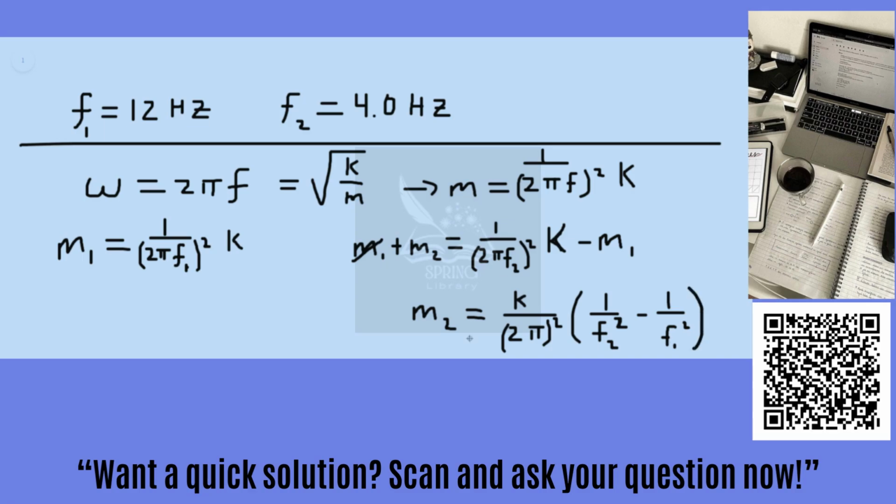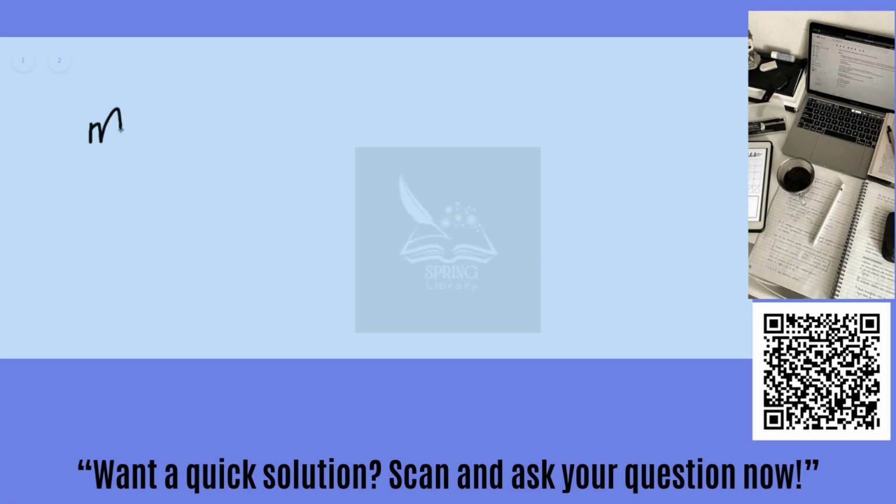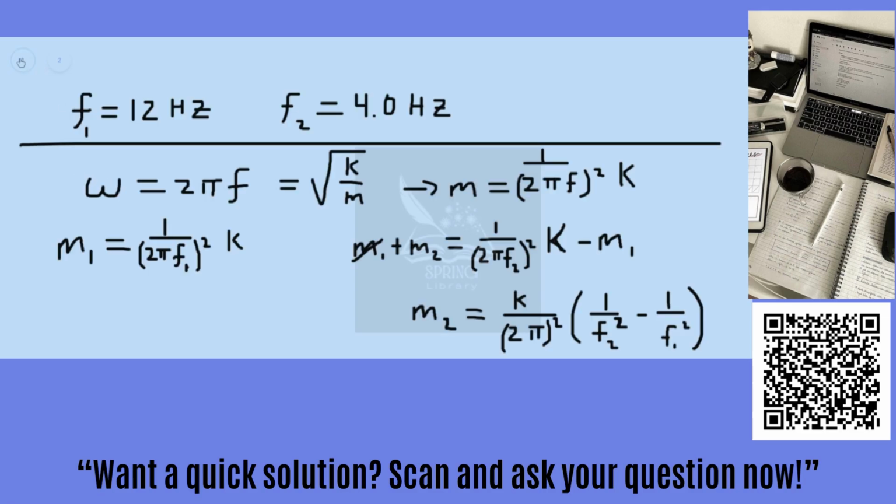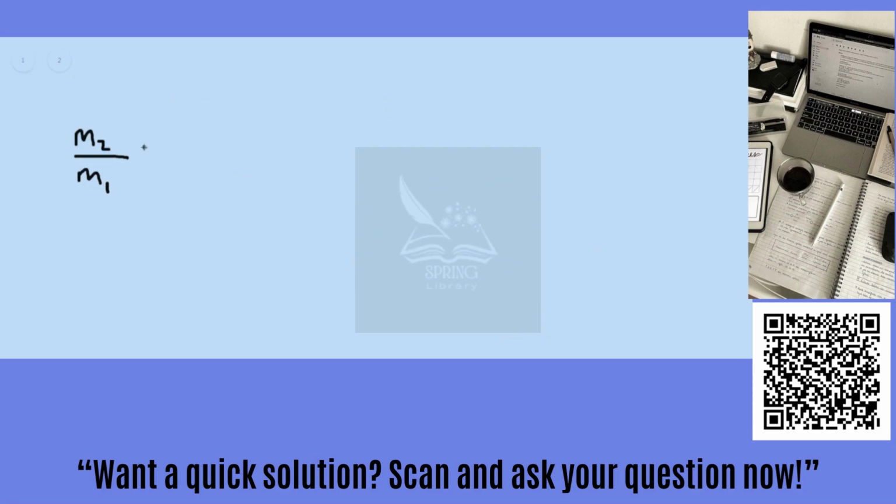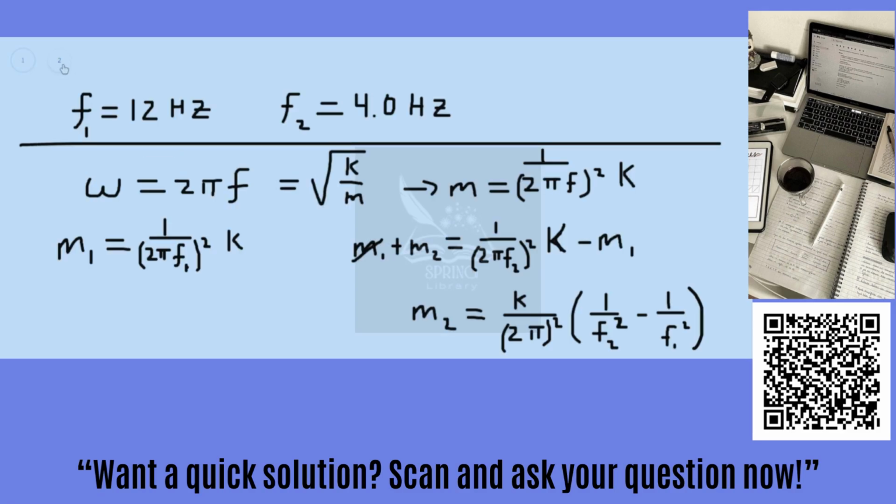Okay, so now that we have an expression for m1 and m2, we can go ahead and find the ratio of m2 to m1. We'll do that on this page. So when we find the ratio of m2 to m1, we notice that, let's go back here so I can show you what I'm talking about. We notice that m2 and m1 both have the k over 2 pi squared values. And since those are all the same in m2 and m1, they're going to cancel, and we're going to be left with just the frequency terms, which we have numbers for,